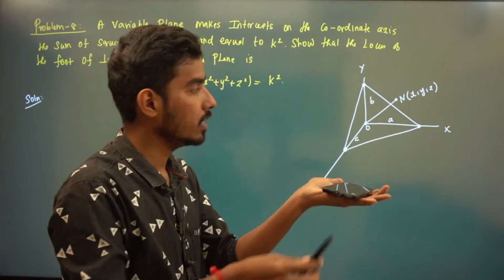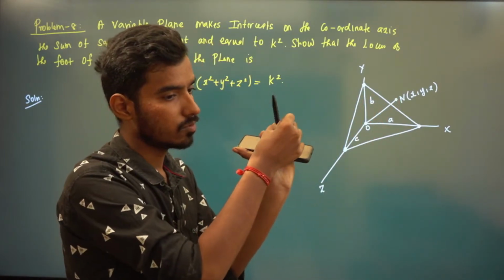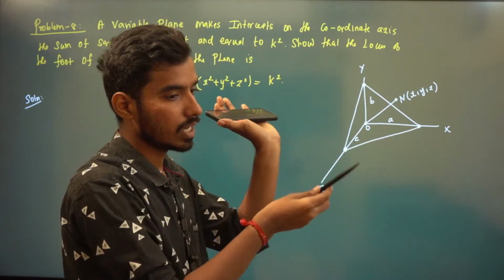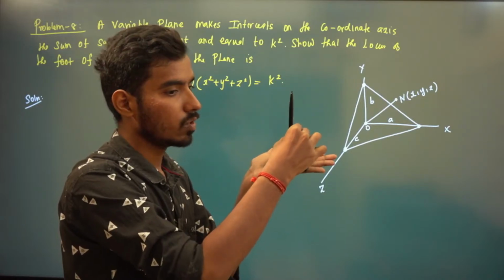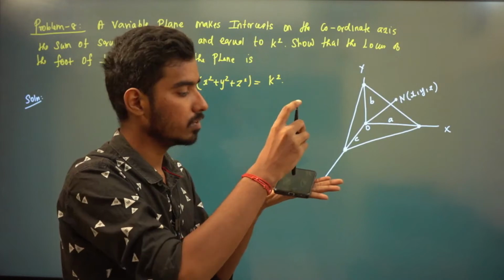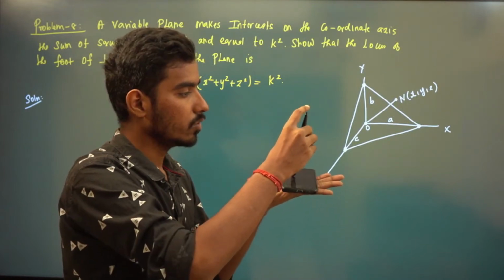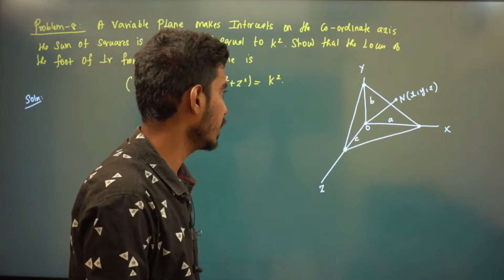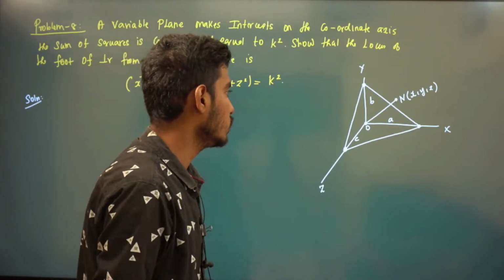So you have a plane, and O is the origin. We have a plane, so you have it like this, right? This tip is our x comma y comma z. Now you need to show this tip x comma y comma z will satisfy this equation, right? Okay. Now first what we will do is